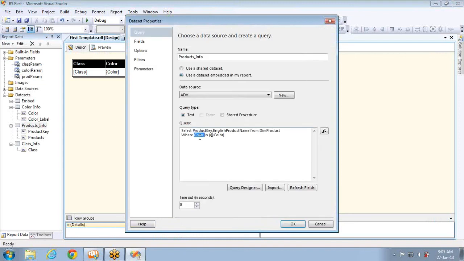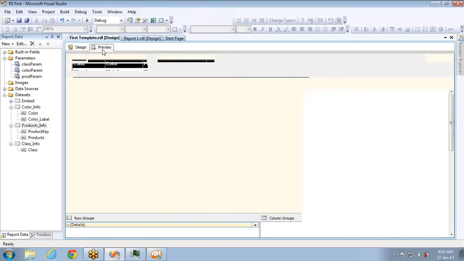Instead of color, filter by class. You have class available already. So @class and map the parameter. From now onwards, here, if I click on OK, that's it. The parameter products will be filtered based on class from now onwards rather than color.